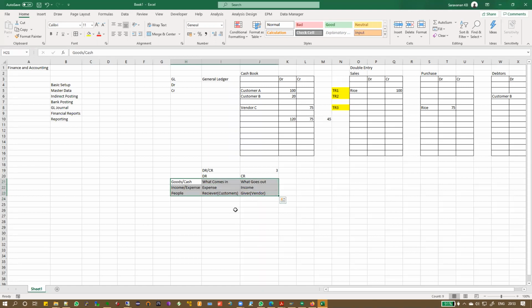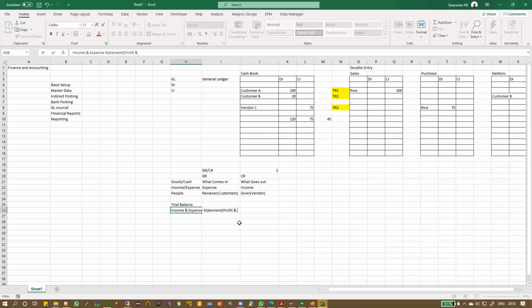Okay. And for those of you who are new to accounting completely, there are three things. One is called trial balance. One is called income and expense statement or P&L. Okay, this is also called profit and loss statement. The third one is balance sheet. Okay, so the trial balance is very simple.